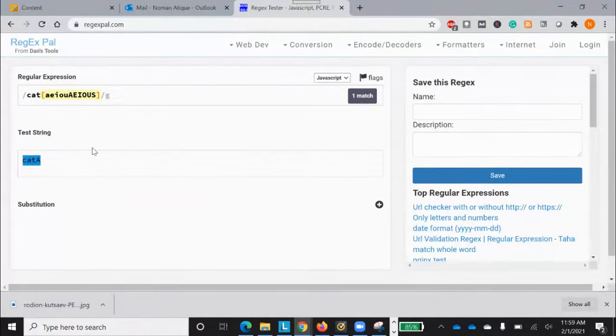And what is that? Before this set, inside this square brackets, go and put a caret symbol. You know the caret symbol? Shift and 6 key on the keyboard. If you do that, the caret symbol represents just the opposite. Whatever we are giving, it is just the opposite of it. I hope everyone recognizes it. Now, if I write cat A, it won't be recognized. If I write cat,